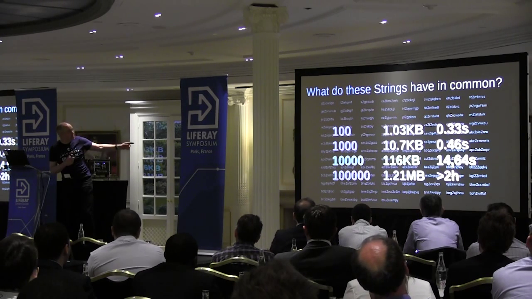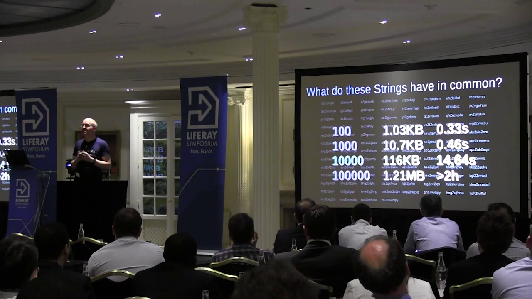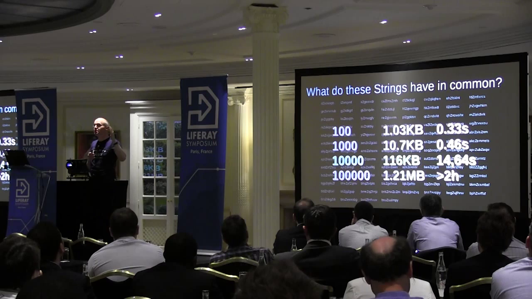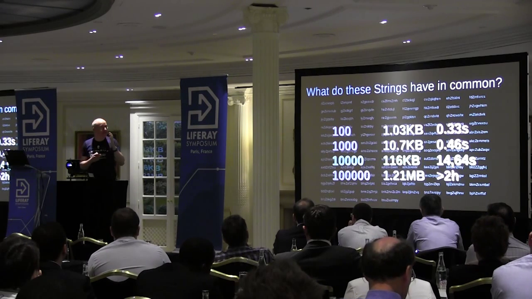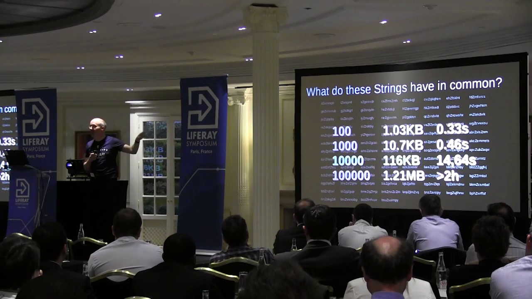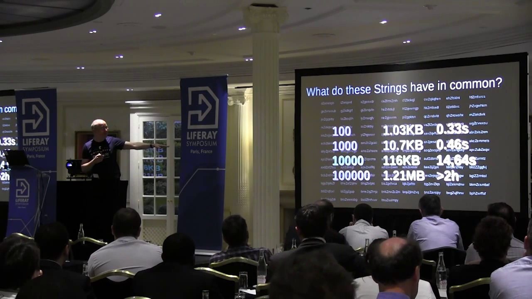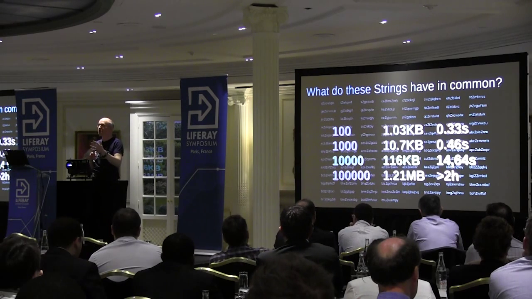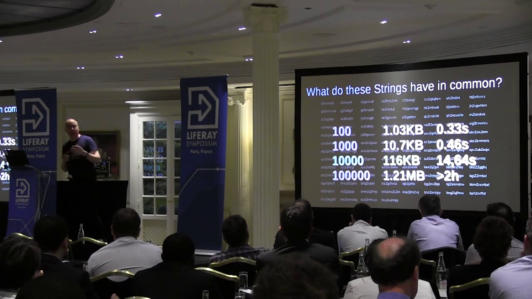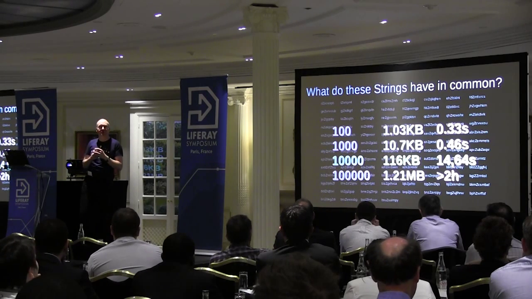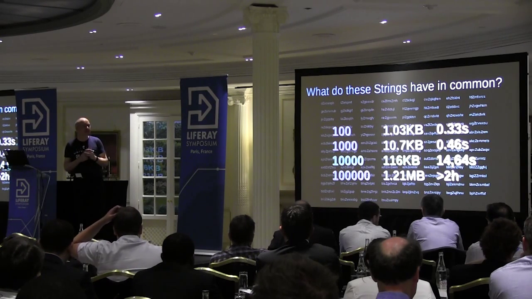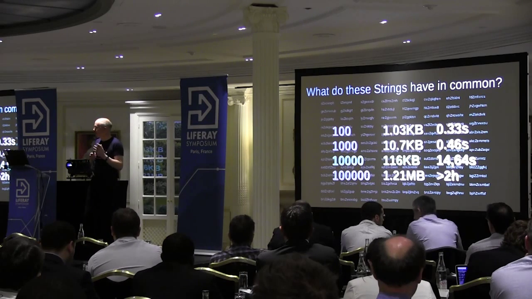Tomcat's default, and that's the greenish line in there, is it accepts 10,000 parameters per request. Parsing them actually takes 14 seconds. Like a full core, a full thread of CPU occupied for 14 seconds on some hardware. Okay, let's abstract from the hardware, but you'll see the order of magnitude. If you go up to 100,000, it's endless. You basically block the processor. You can configure this if 10,000 parameters are what you actually need. I doubt it, so you probably want to configure this value to be something a lot lower,